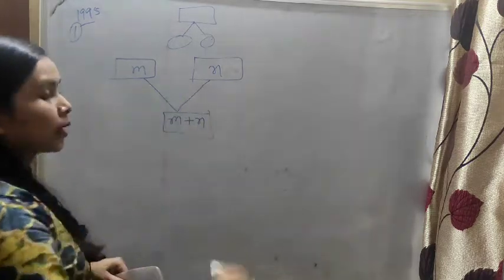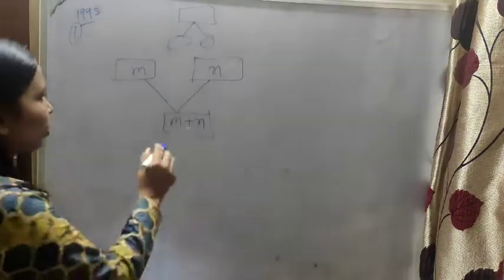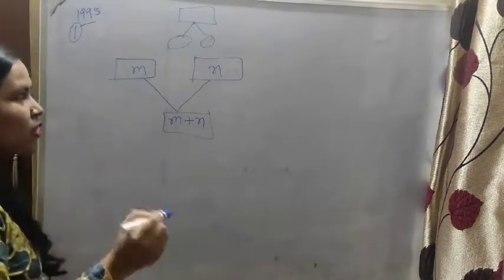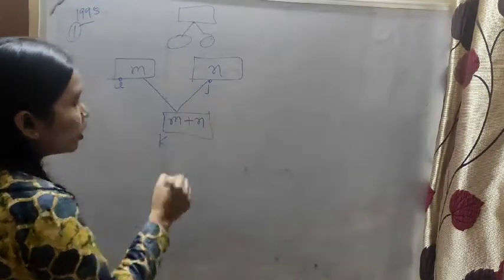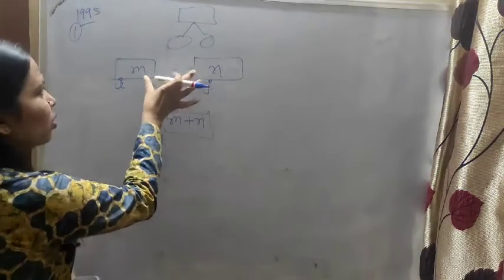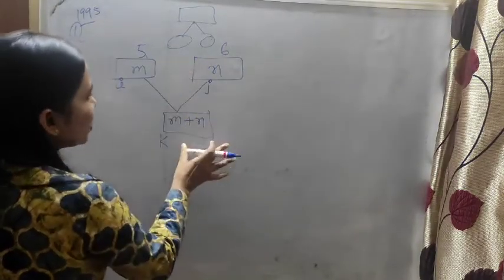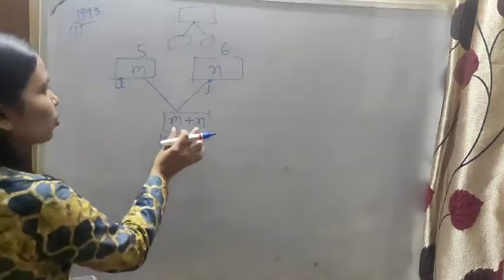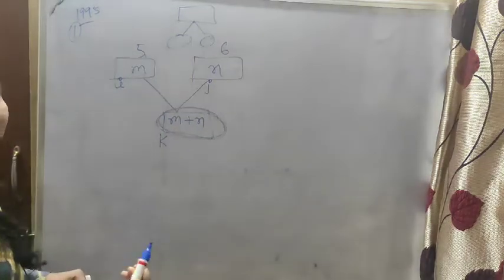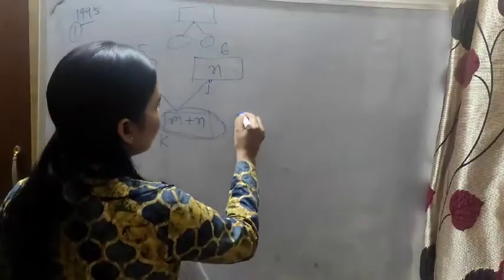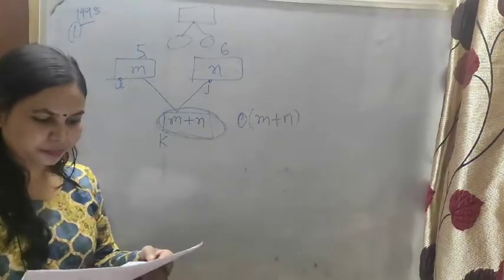So what is the required number of comparisons? We have seen already, suppose this is the ith value and this is the jth value, and we are storing the data in the kth position. That means we keep incrementing it. Suppose this list has 5 elements and this one has 6, then 5 plus 6, 11 elements will be stored here. So whenever the size is m plus n, obviously the comparison is also m plus n. So write order of m plus n. It is a very easy question.